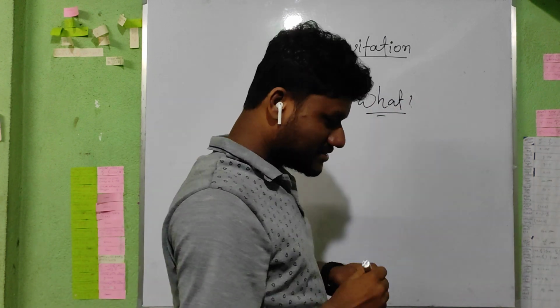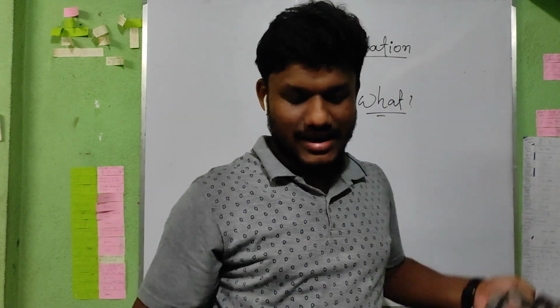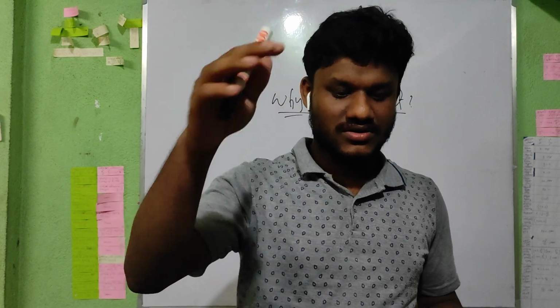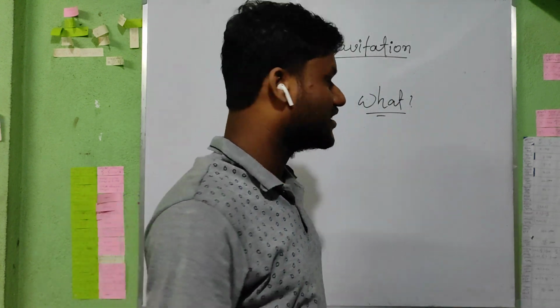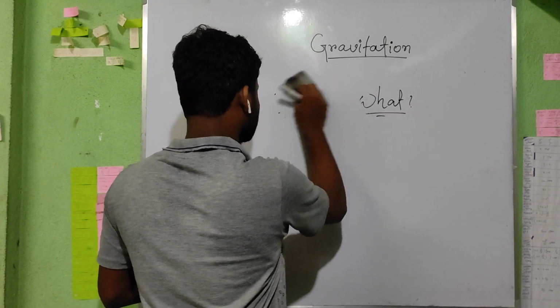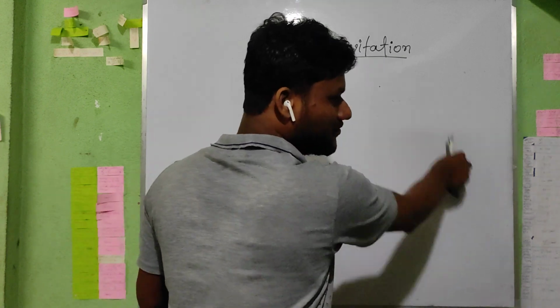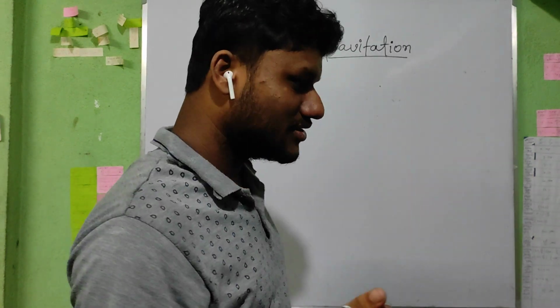There are many scientists and philosophers who have tried to understand this thing, and after thousands of years of understanding, the main interesting formula, or main interesting law, was finally given by Sir Isaac Newton. So what he told was that,